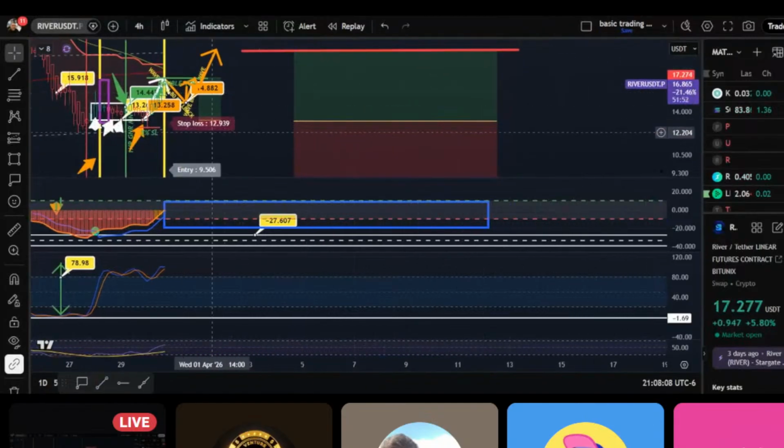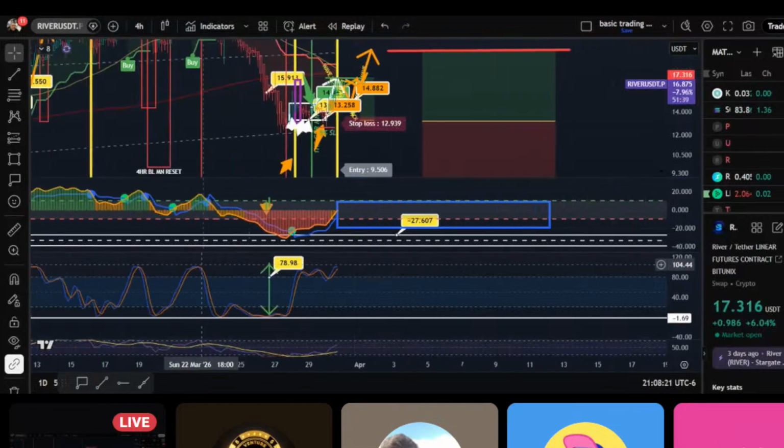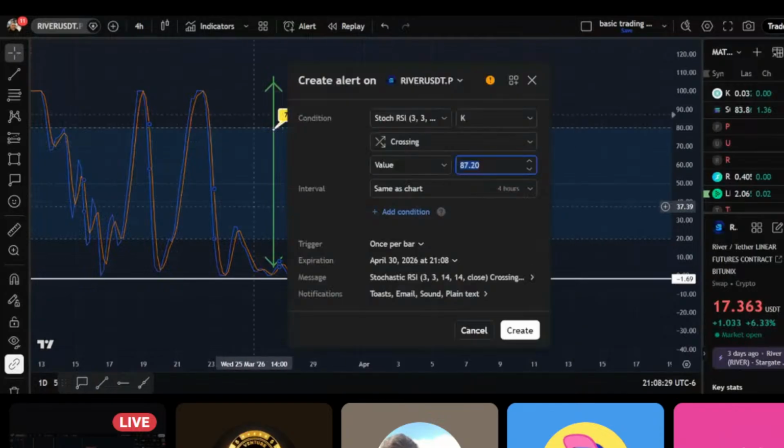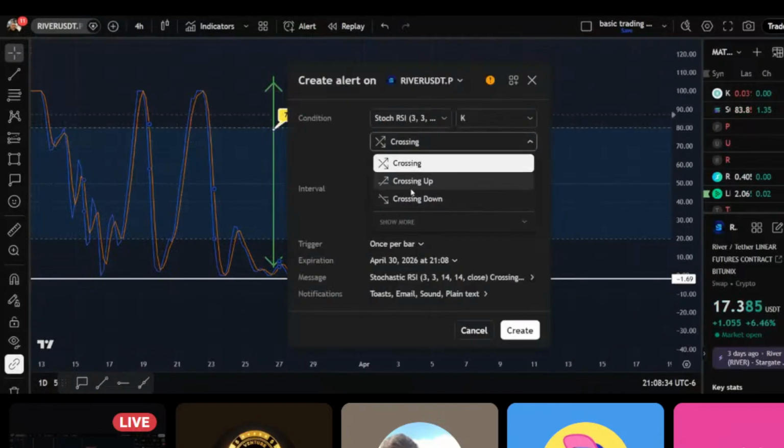So now that we're tracking it, we can see it. And this is where the question comes in: what happens when it's starting to build, right? Well, that comes from us marking it and following it. So the next thing for us would be setting this up where we go to the River, we go to the RSI, we right click on the RSI, we go add alert, and all we're going to do here is basically put crossing,